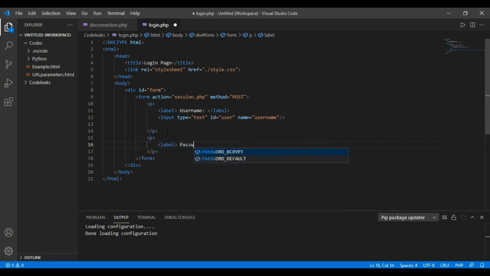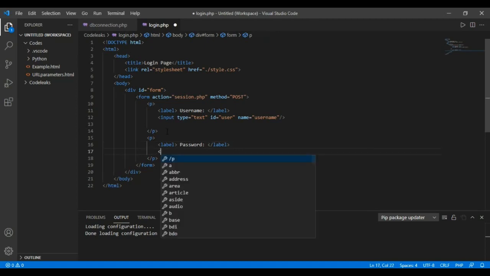Next step, we have another label for this login form, that is password. Now the input type for the password field is password, and the ID will be pass, and I am giving the name as password.